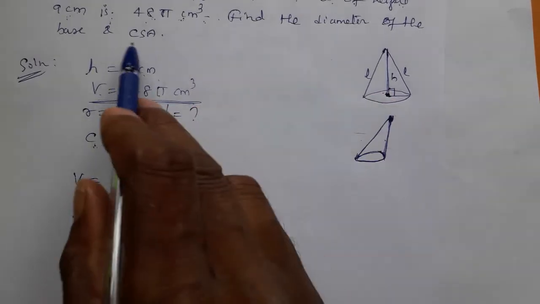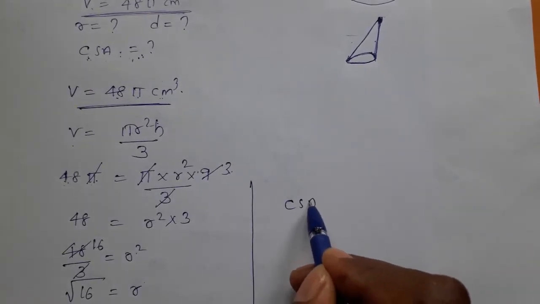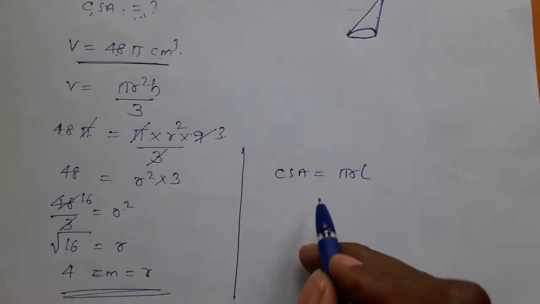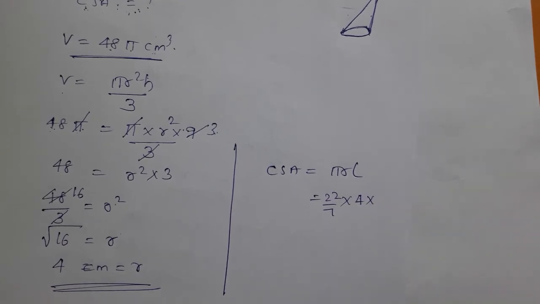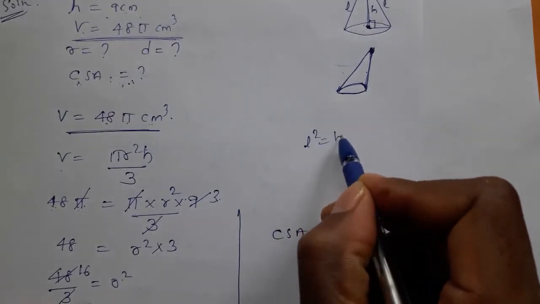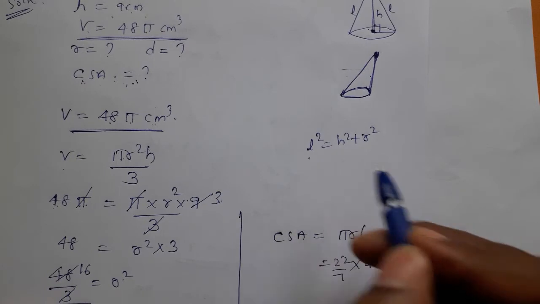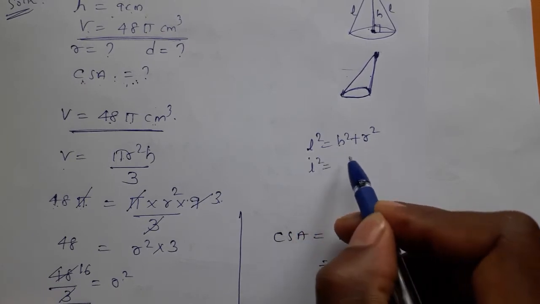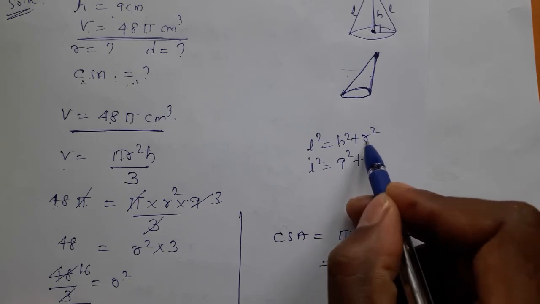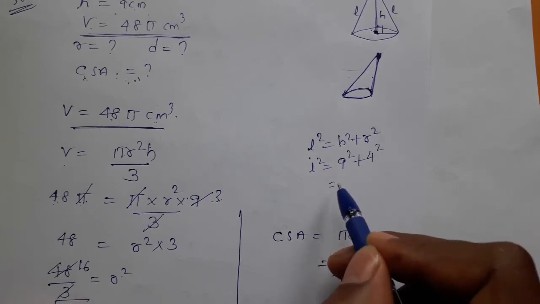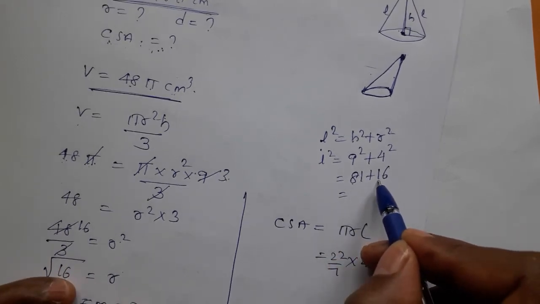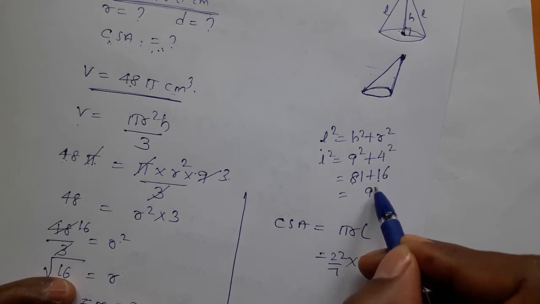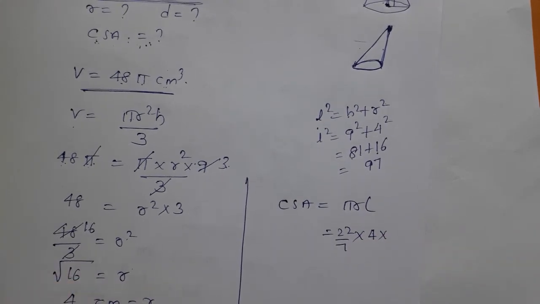Now, one more unknown is the curved surface area. Curved surface area is equal to pi r L. Correct, no? So 22 by 7 into radius, how much? 4. L is not given again now. L is not given in the question. So what will we do? We'll use a formula. This formula helps us. L is how much? Unknown. L is root of h square plus r square. H value is how much? 9 square plus r is how much? 4 square. 9 square is 81. 4 square is 16. Finally, we will get 81 plus 16, that is 97.